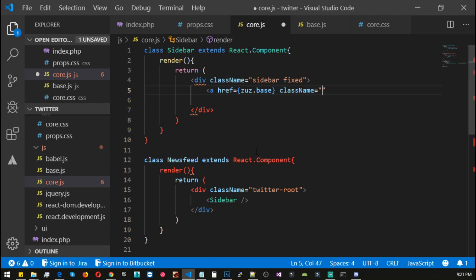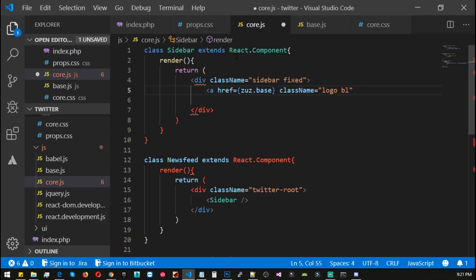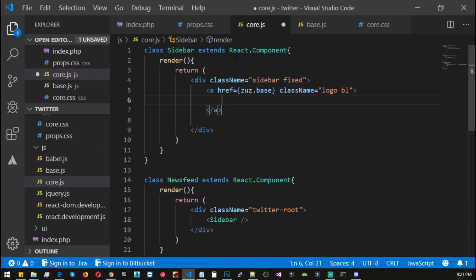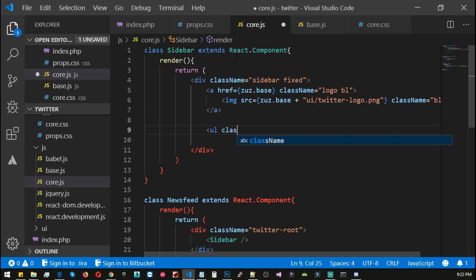and the class name should be logo, call it BL, and if you go to props, the BL class has display block, and after that we should be using image source, and the source will be this.base plus UI Twitter logo.png. Great. I guess we should add the BL class here as well, and after that let's use a UL list,